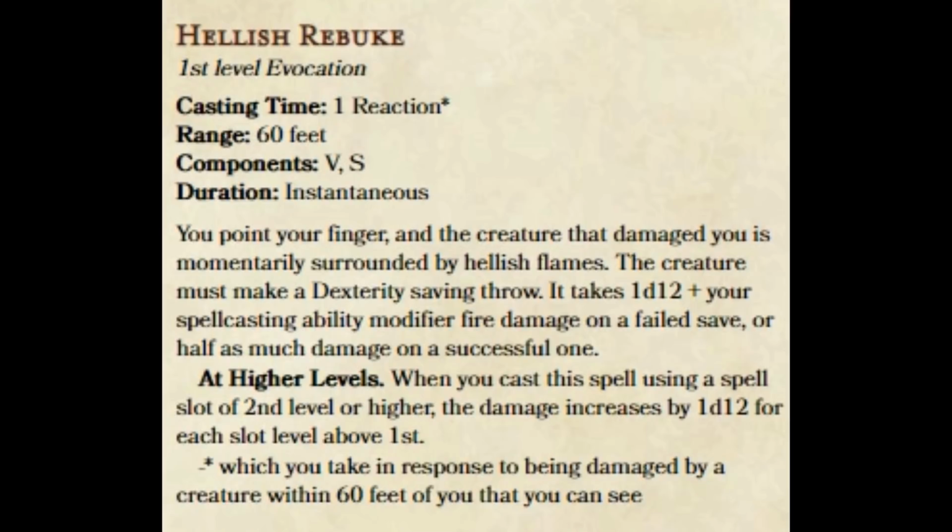So now, you point your finger, and the creature that damaged you is momentarily surrounded by hellish flames. The creature must make a dexterity saving throw. It takes 1d12 plus your spellcasting ability modifier fire damage on a failed save, or half as much damage on a successful one. In terms of average damage, that is going to probably be slightly less than the original first level Hellish Rebuke. The first level Hellish Rebuke you could probably expect to do about 11 points of damage, or half on a successful save. Now it'll probably be about 9.5 points of damage and half on a successful save,